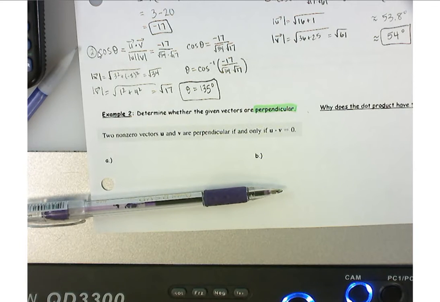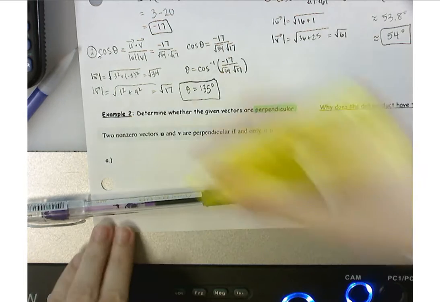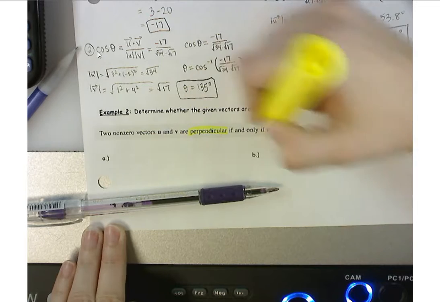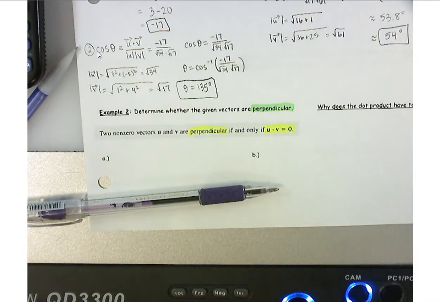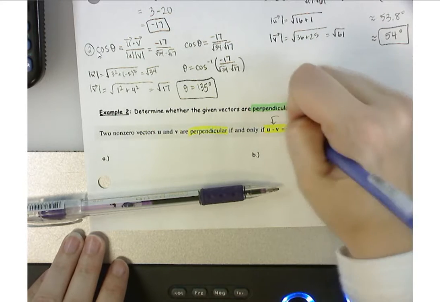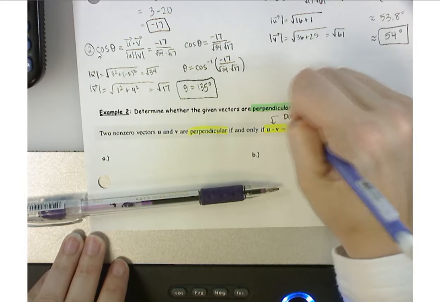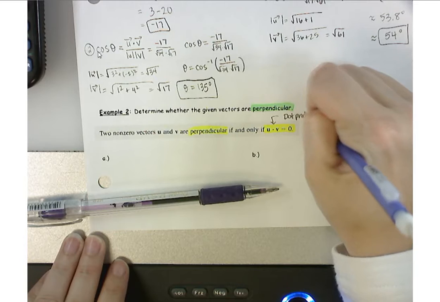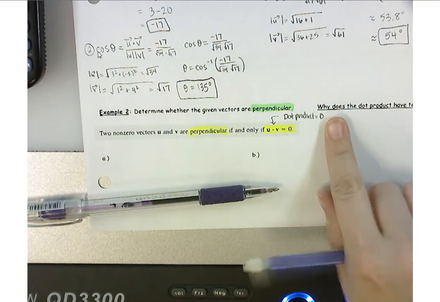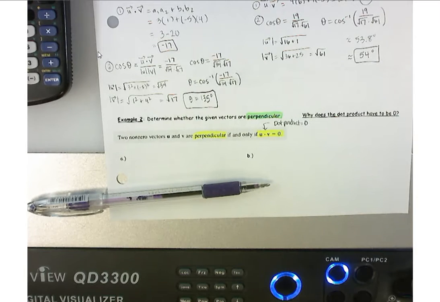So we know that 2 non-zero vectors are perpendicular if and only if their dot product is equal to 0. Now I asked you to think about why the dot product has to be 0, and we'll start this off by saying